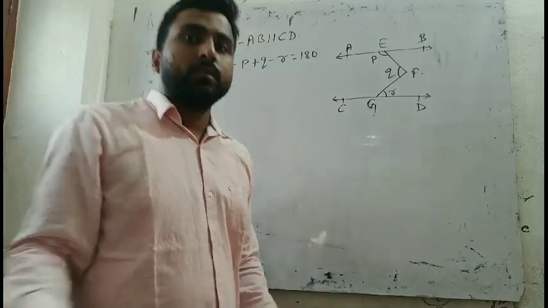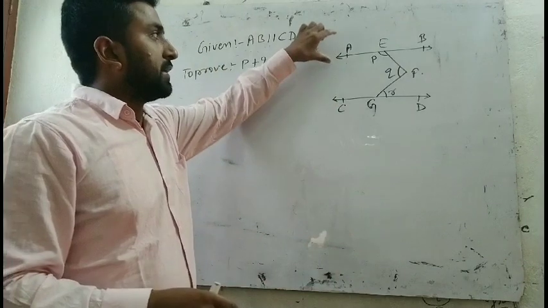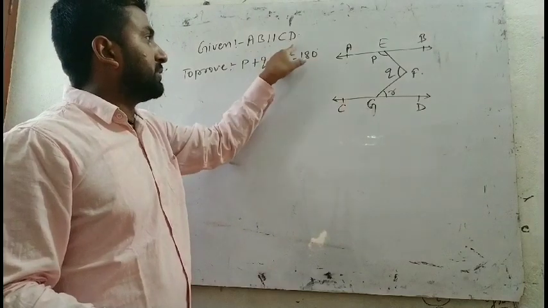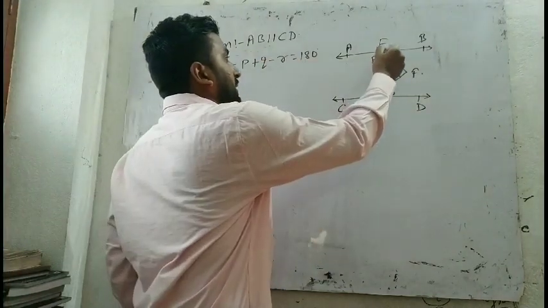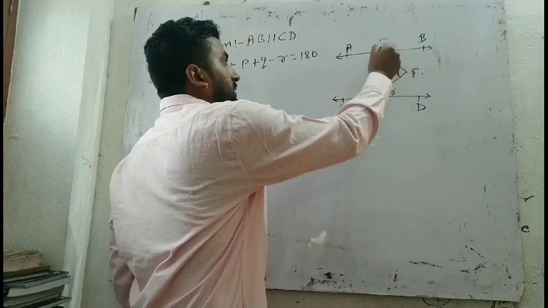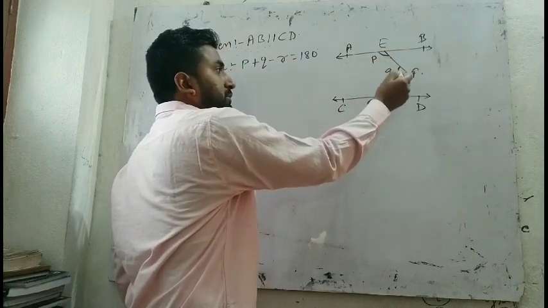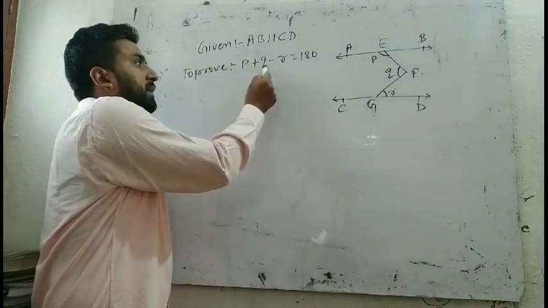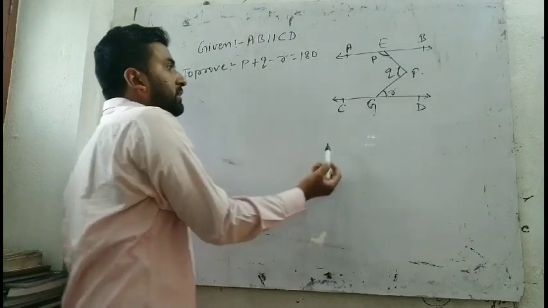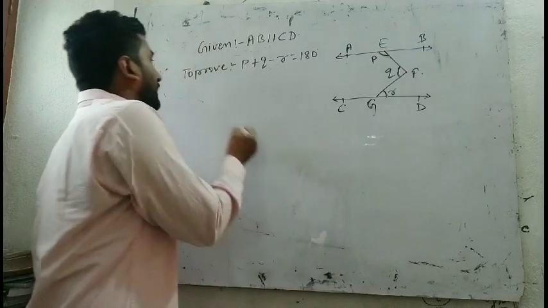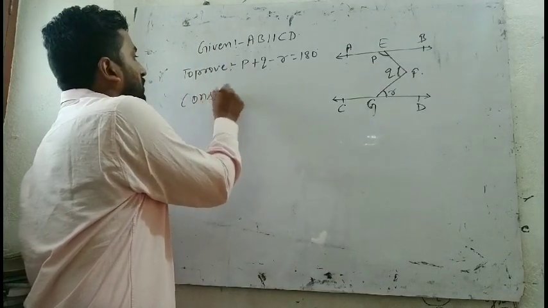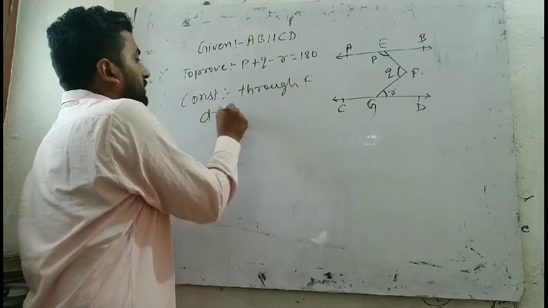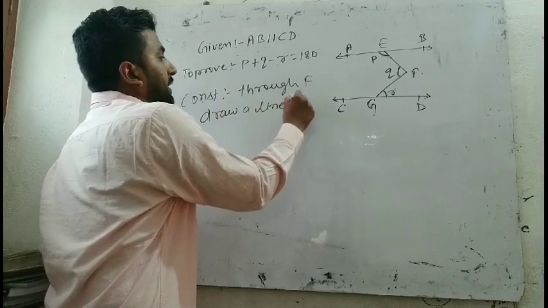Okay? In this figure, it is given that AB is parallel to CD, and here this angle is P, this angle is Q and this angle is R. Now we have to prove that P plus Q minus R is equal to 180 degrees. For this we have to do a construction: through F, draw a line L